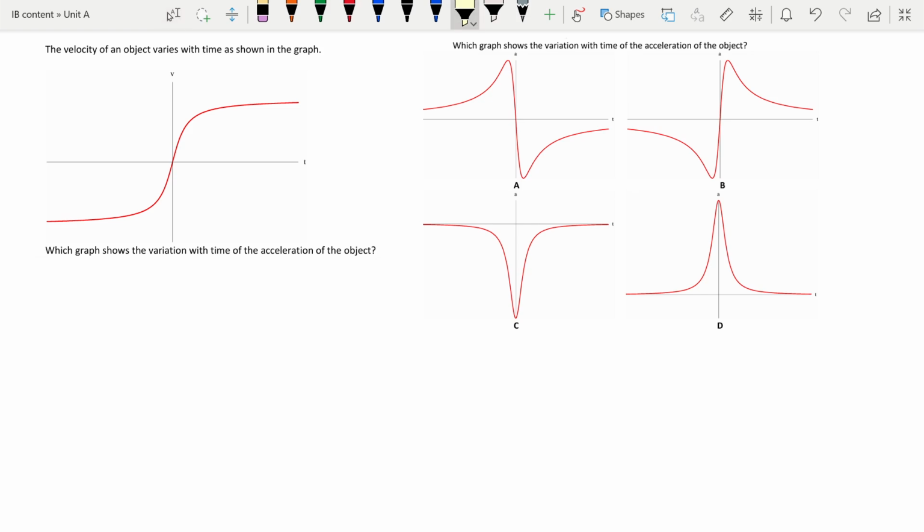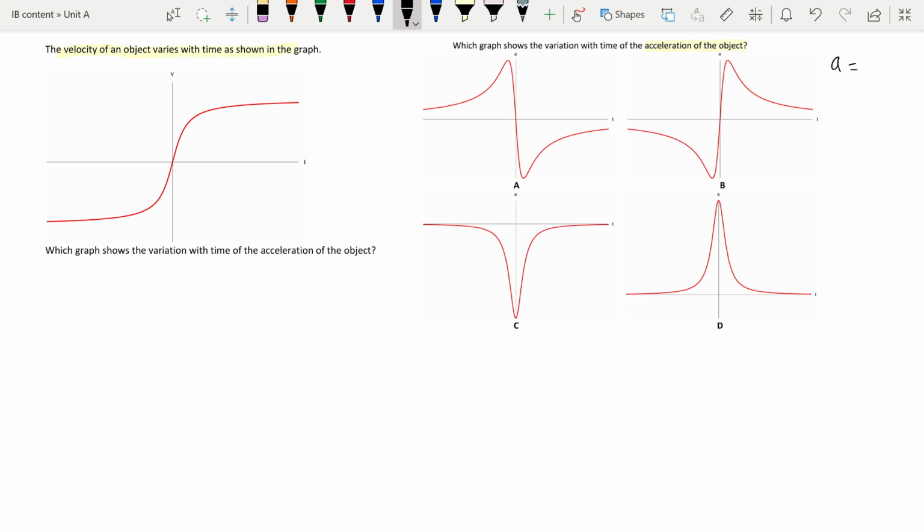The velocity of an object varies according to this graph, and you have to identify the correct acceleration time graph. So in this question you have to go from the velocity time graph to the acceleration time graph. Before we analyze the situation, let us quickly